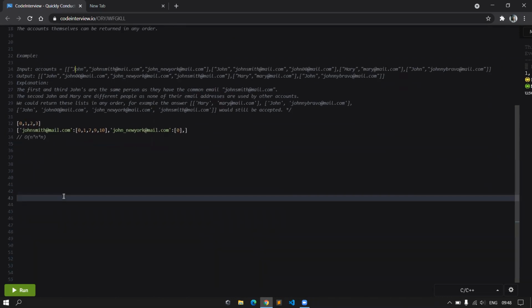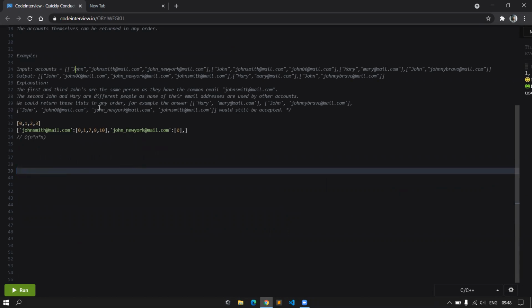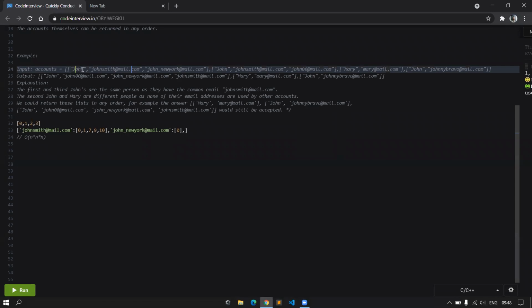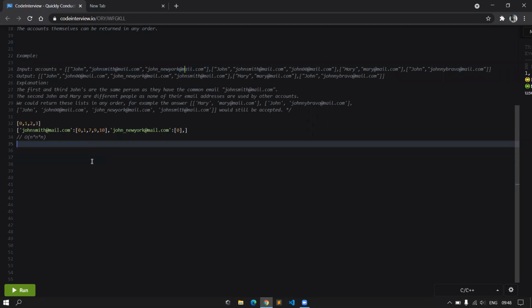Okay, sure. So we can have an edge between these two email IDs. For each of the names, we would be having edges between all the email IDs between them. Okay, let's say we have a graph where all the email IDs are connected, where you've established the connections that should exist. How are you going to produce the output using that graph?